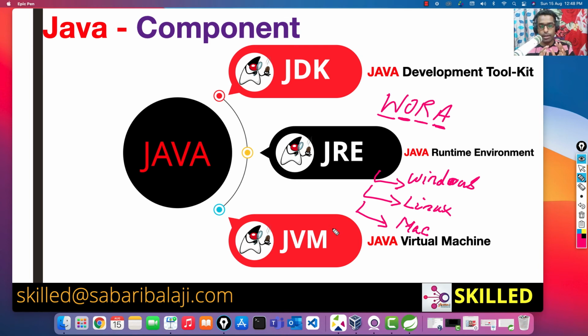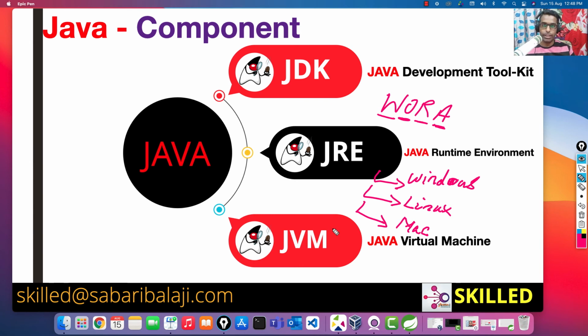Now, the conclusion here is you will have three major components in Java: the JDK, the JRE, the JVM. JVM is part of JRE, and JRE is also part of JDK. So once you download JDK and install it in your machine, you're getting access to JRE and JVM as well. But if you're a client and you want to view it from the client perspective, then you don't need JDK software. Rather, you can rely on JRE, and again, you will have a JVM in it.